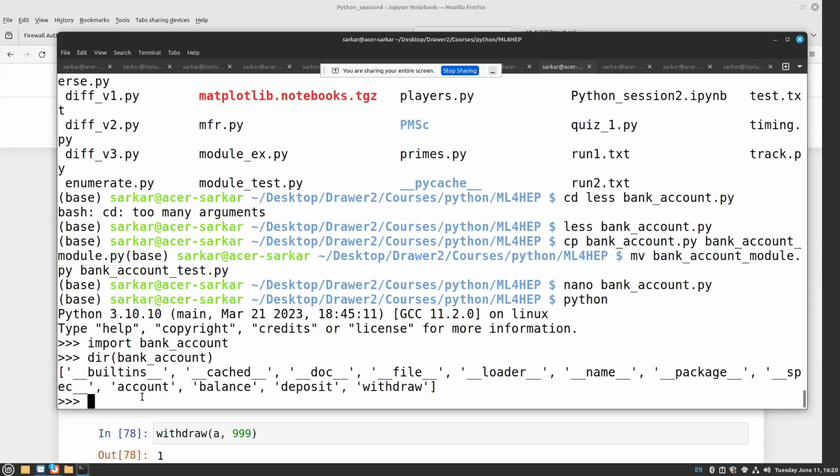Plus there are a few which I have added in my module: account, then balance, then deposit, and then withdraw. These are the four functions, and I don't have any member variable. I only have some functions because this is a procedural part. So I know that I can create the account, check the balance, deposit, and withdraw. Then, as we did on the notebook, I can do account,